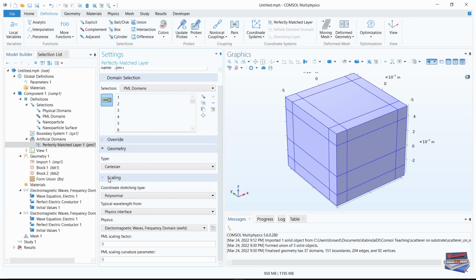We need to make some changes here. So from the list, scaling, so we need to go to physics here, and let's select electromagnetic waves, frequency domain 2. It is our second physics. Okay,